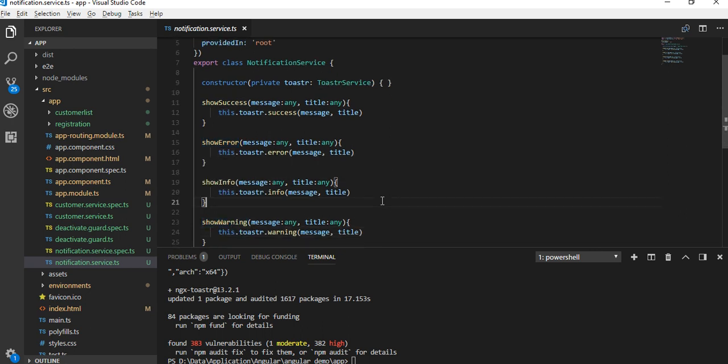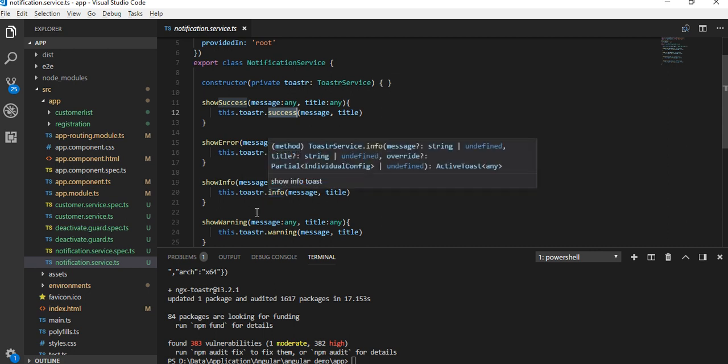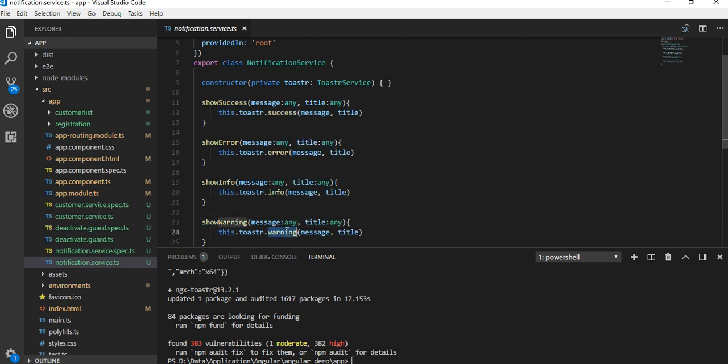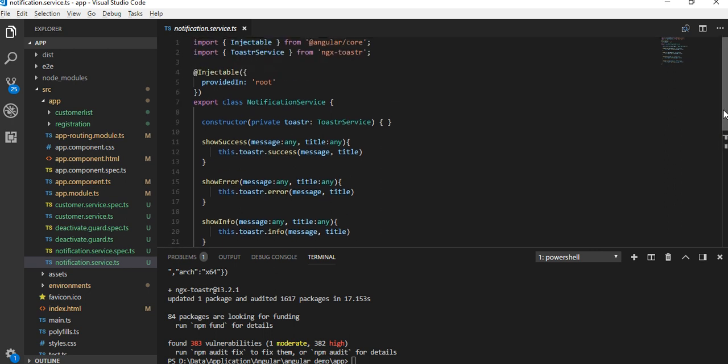For showing the success message there is a success function, for error there is error, for info there is info, and for showing warning, the warning function is there. We simply need to pass the title and the message, and it will automatically show your message and title according to the type of function that we have called.